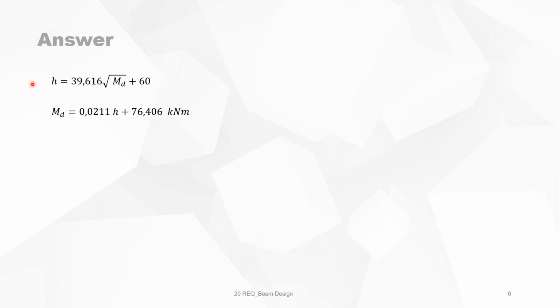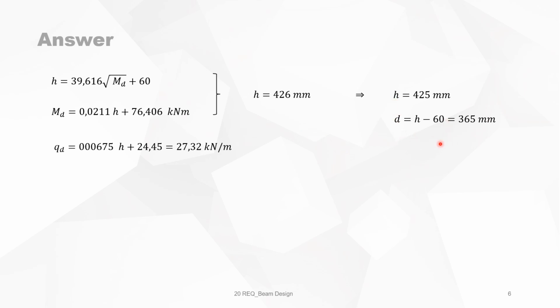So now we have two equations, and from those two equations we can directly calculate the needed depth, which is 426 millimeters, but to an accuracy of 5 millimeters, so it means we will take 425 millimeters. And D is then H minus 60, which is 365 millimeters. Then we can calculate the total load, which is 27.32 kilonewton per meter. The maximum bending moment is then